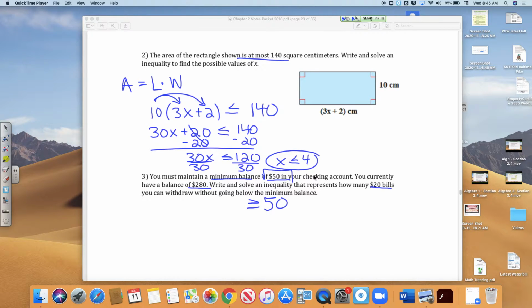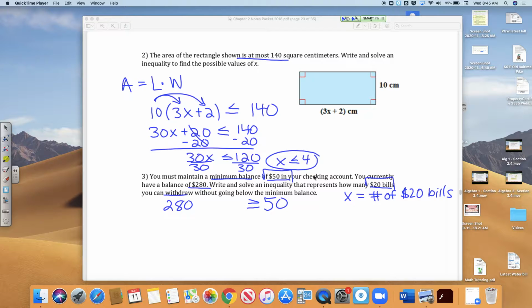in your account. You currently have $280. So this is your current amount, $280, and you're withdrawing $20 bills. Withdrawing means take out. So you're taking out $20 bills to go buy stuff. So if we are using x for the number of $20 bills,